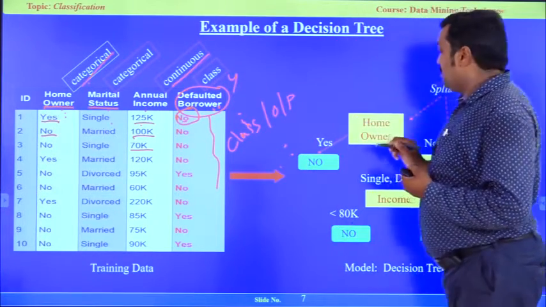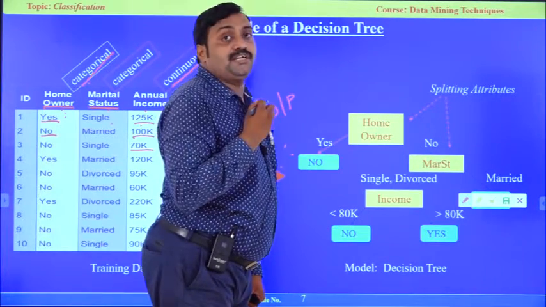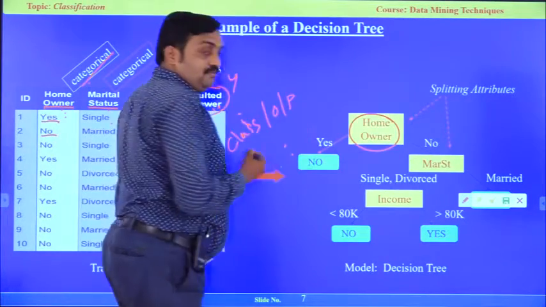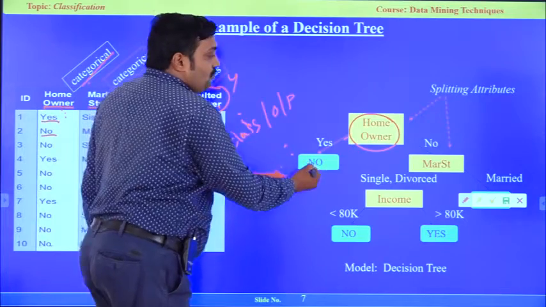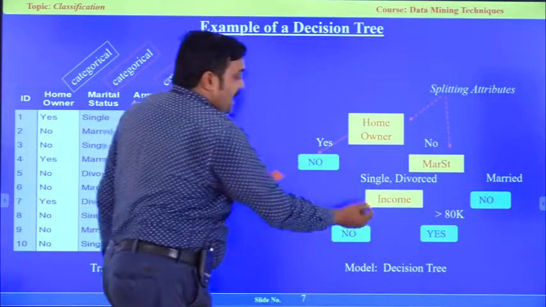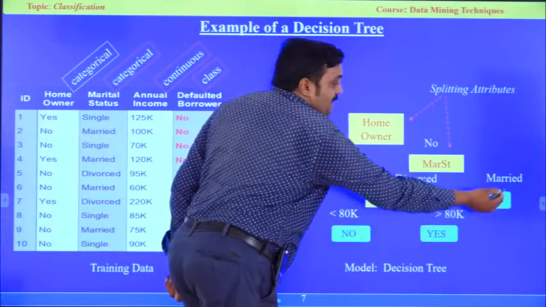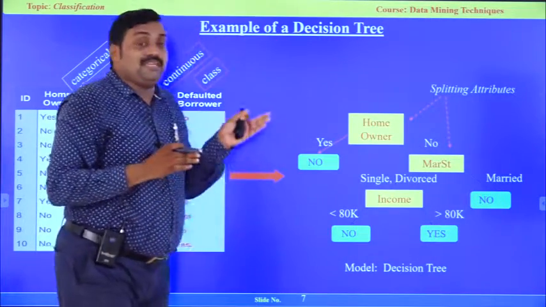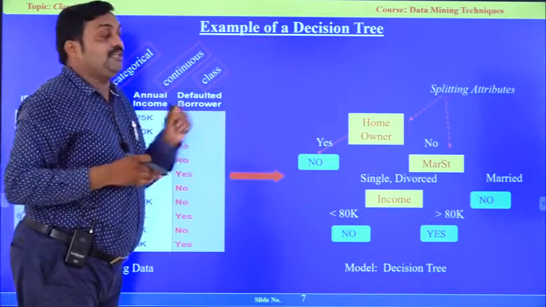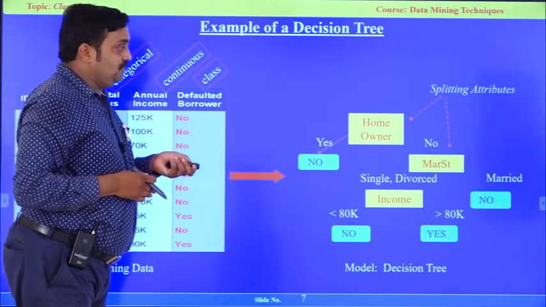Okay. So the same thing I am going to represent as a decision tree model. I take the first attribute, home owner, whether owner or no. Then marriage status, again splitting. Again splitting based on income, less than or greater than? Married, yes or no? I am going to design a decision tree for the table. For the given data, I am going to draw the decision tree. This is how we do the basic classification concept.